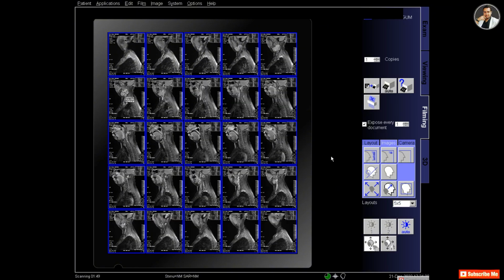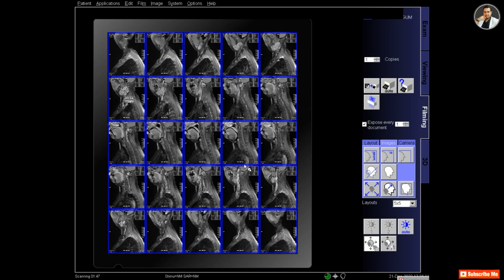So select the series and send it to the filming, and from filming change the layout to 5x5 and drag and adjust the images and zoom, and also adjust the contrast of the image if you want.